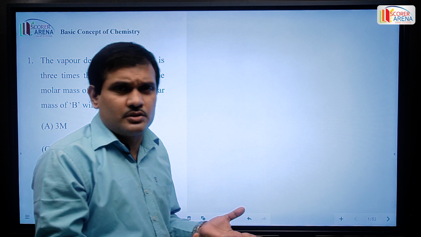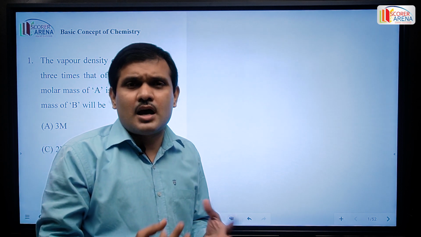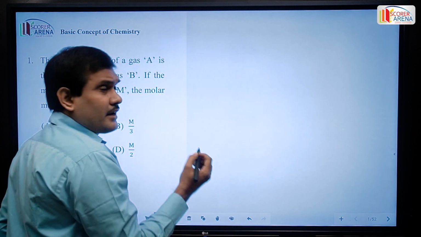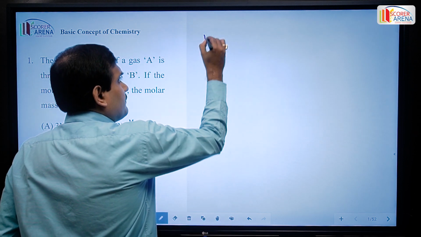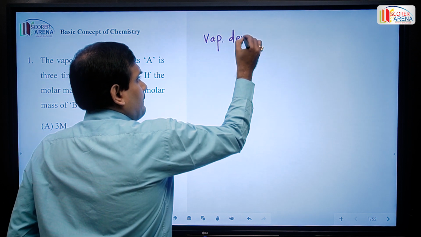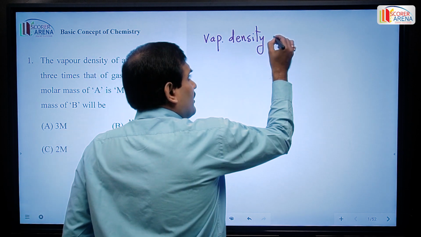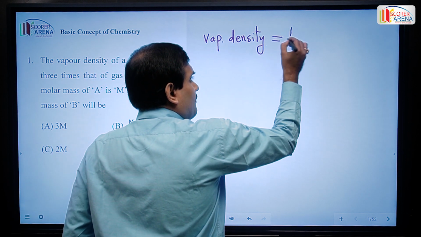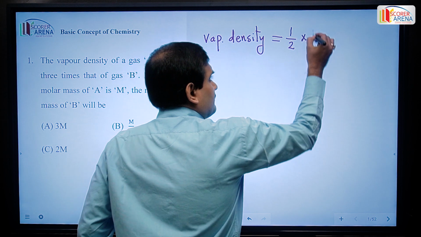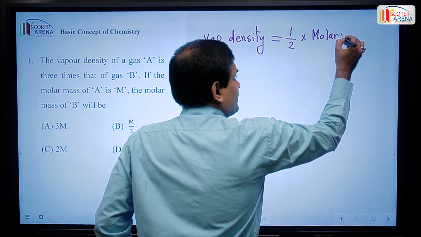We know that the vapor density of a gas or vapor is half of its molar mass. So I am writing vapor density equals half into molar mass